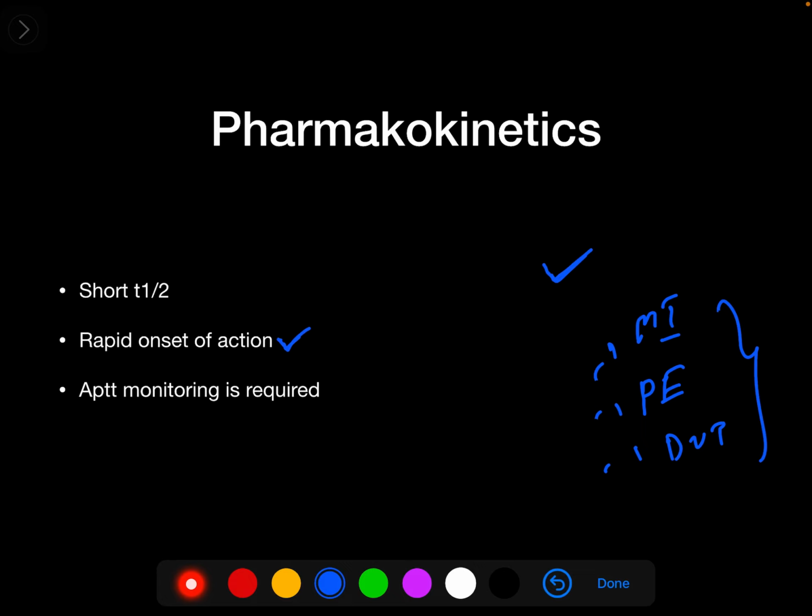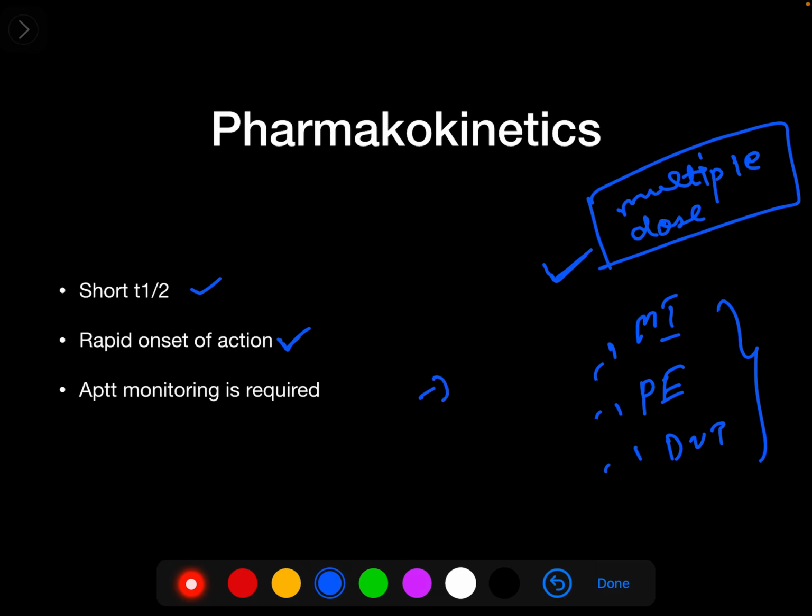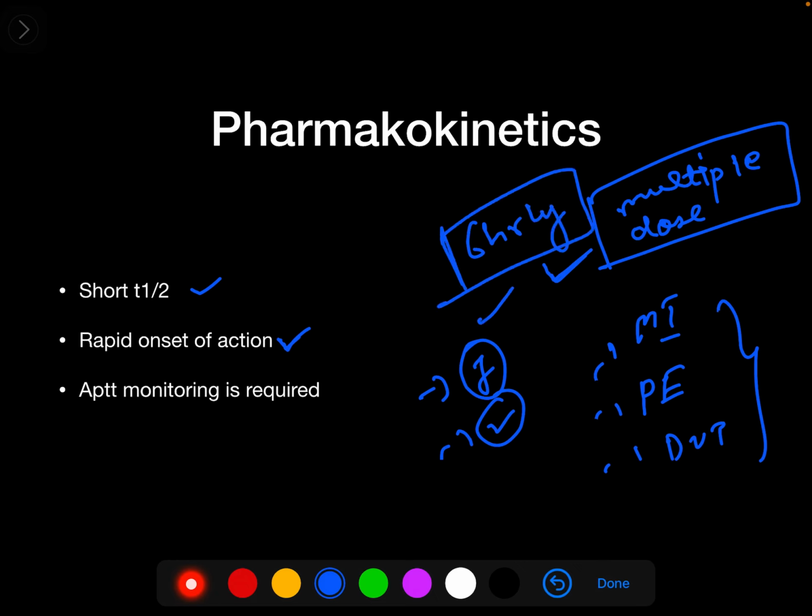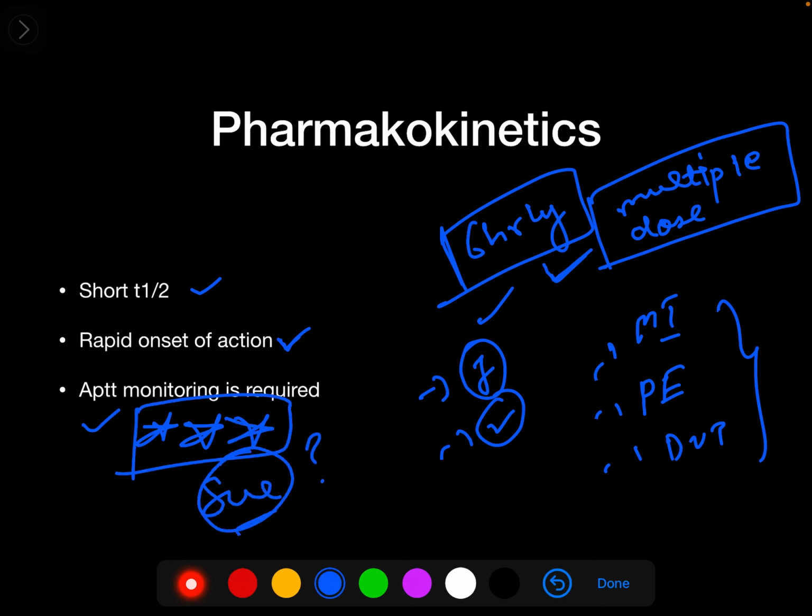Now it has a very short half life. So the action will be for a very short time, so multiple doses have to be given. So again, this is useful for clinical practice. If we have given a patient one dose of the drug, then we should know when the other dose has to be given. This is given mainly 6 hourly. Just for practical info, if you want to remember, then you can. And we need to monitor the APTT. This is very much important. We need to do this, otherwise the patient can sue you if you don't do this. So remember this.